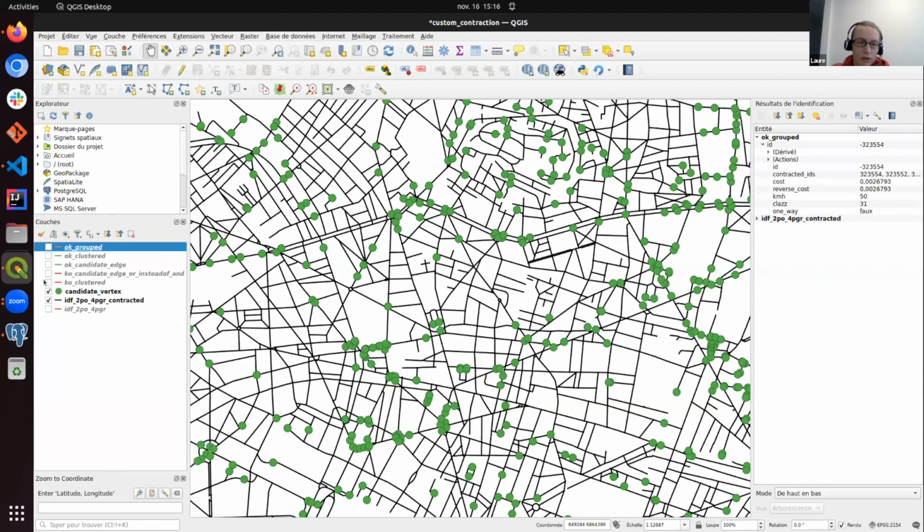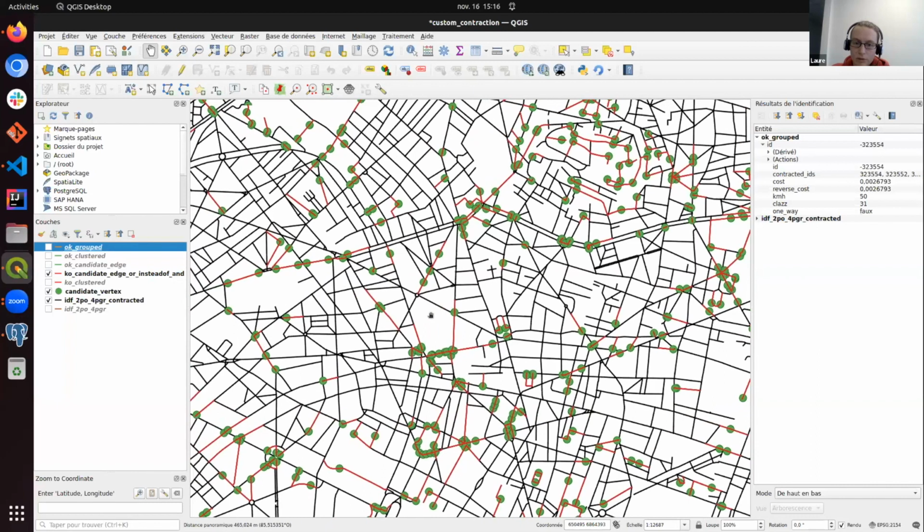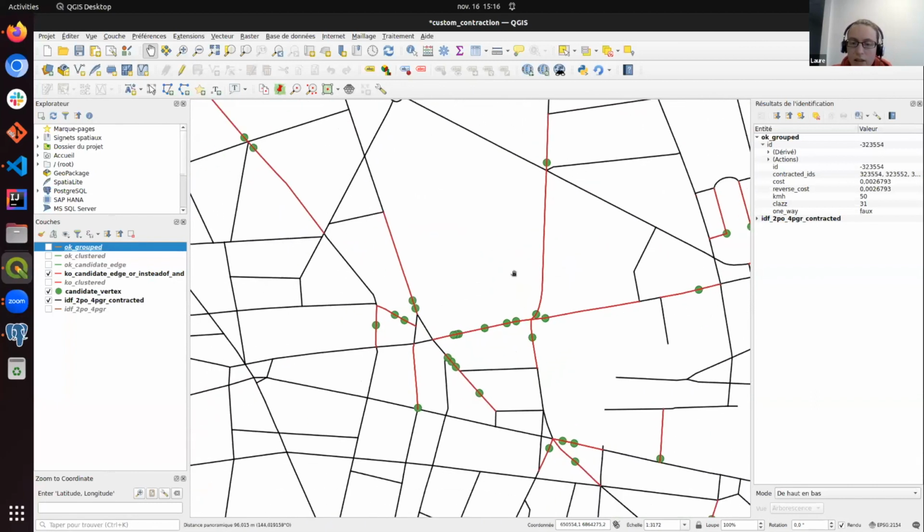I will show you the difference between edges that could not be merged because, when we keep start and end, we would have a multi-line string. So here is the example from the slides. If we keep all the edges touching those green dots, here we will have a fork. So we are only keeping the edges starting and ending.